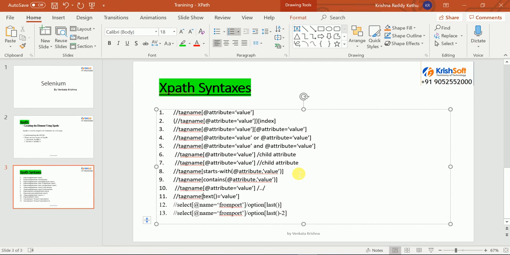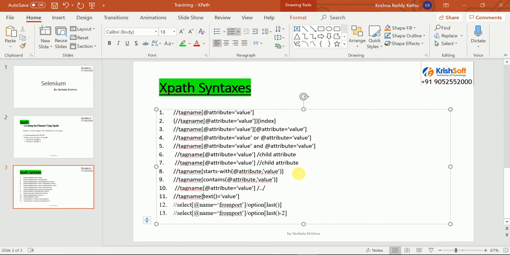In Google and elsewhere, you may get preceding siblings and so on in XPath. But in my point of view, you don't need all those preceding siblings syntaxes. By using this 10th syntax, you can easily traverse from your child to your parent.